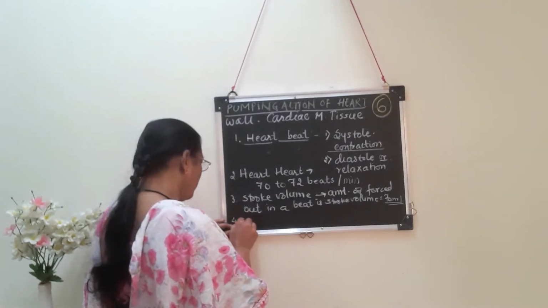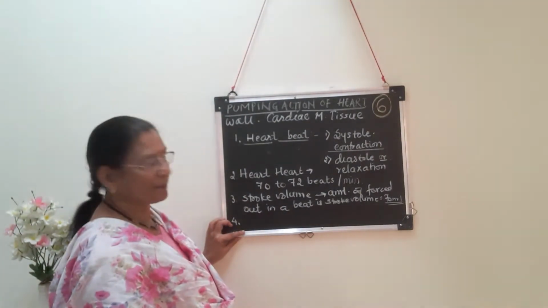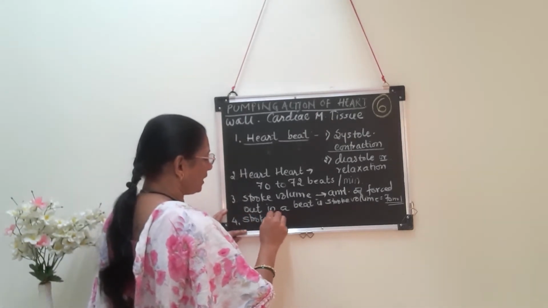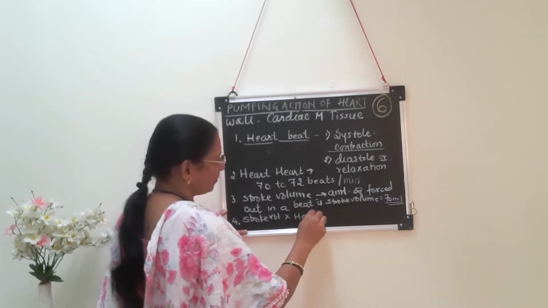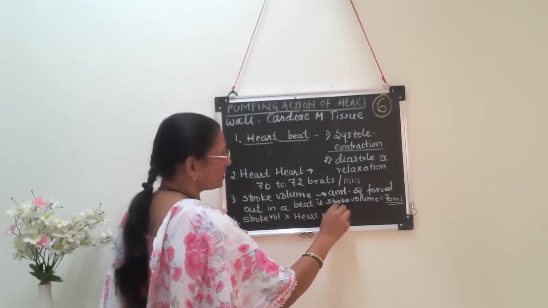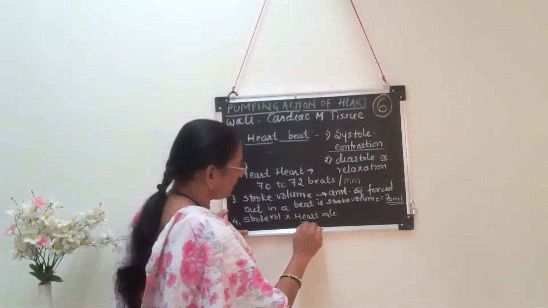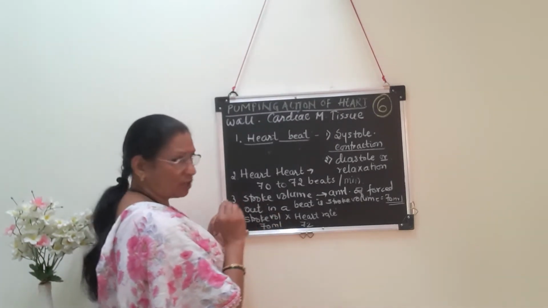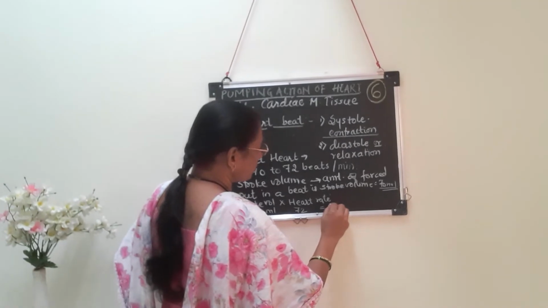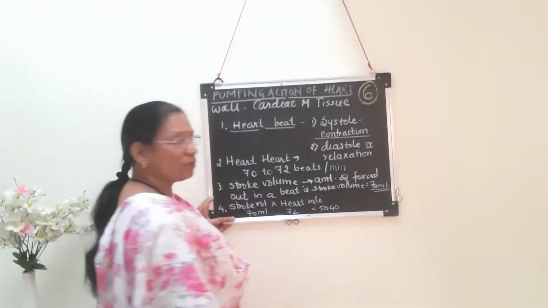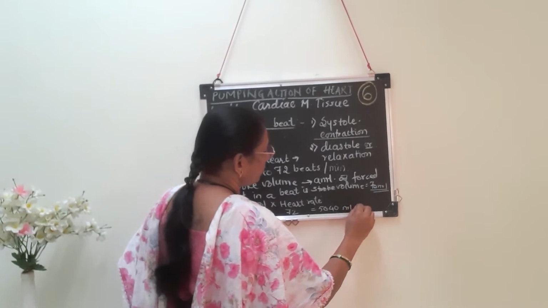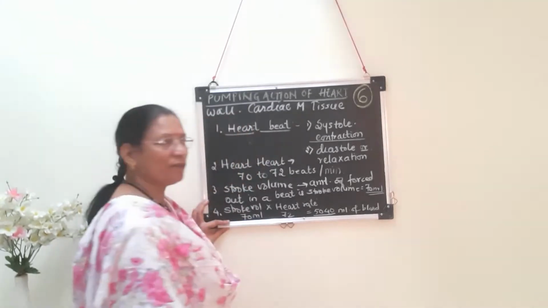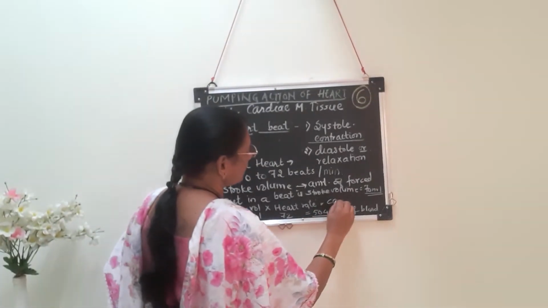Now what is the amount of blood forced out per minute? What we have to do is multiply the stroke volume by heart rate. What is heart rate? It is the number of beats per minute. And what is this heart rate? It is 72 beats per minute. And what is stroke volume? It is 70 ml of blood which is forced out. So if we multiply this, it is approximately 5 liters of blood, that is 5040 milliliters of blood that will be forced out, and this approximate 5 liters of blood which is forced out per minute is called cardiac output.